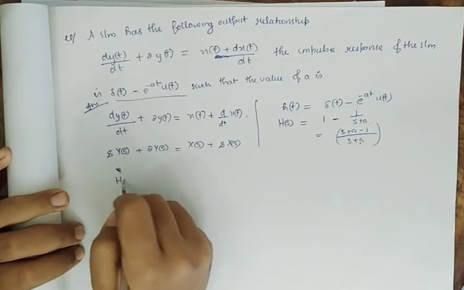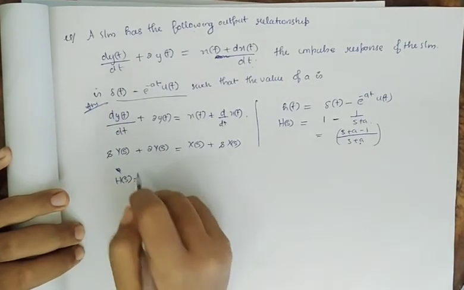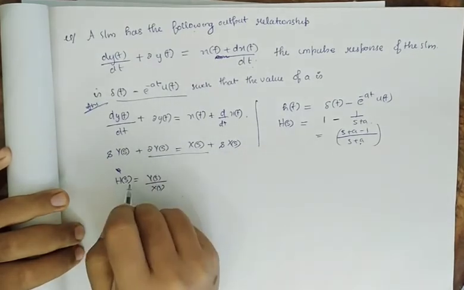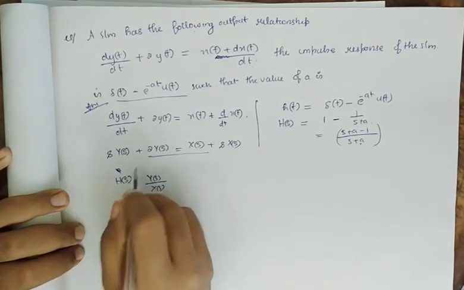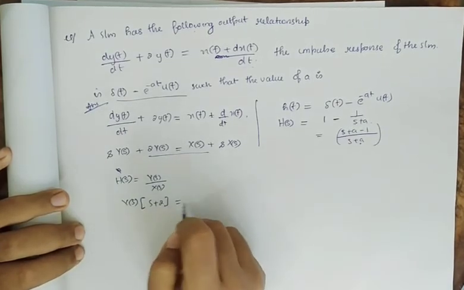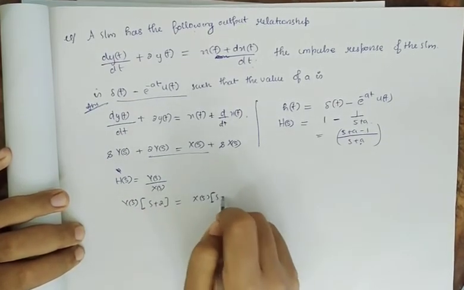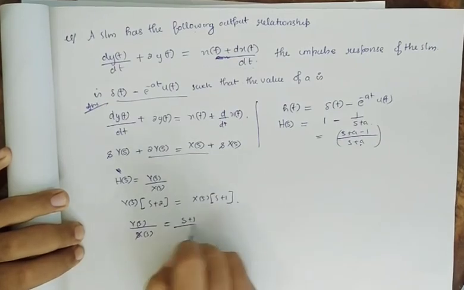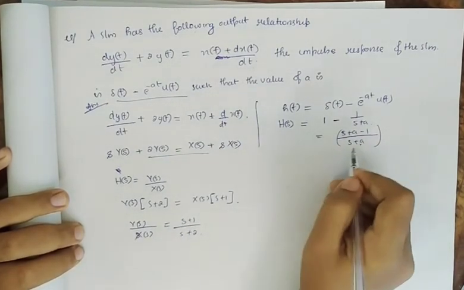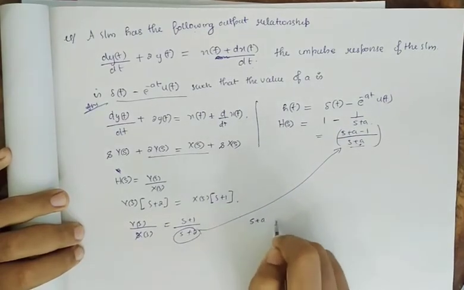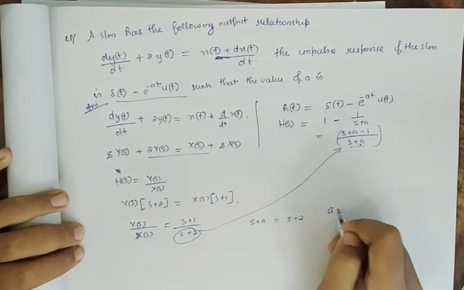The formula is H of s equal to Y of s divided by X of s. From here we will find it out. Taking Y of s outside, we get s plus 2, and taking X of s outside, we get s plus 1, and Y of s divided by X of s will give us s plus 1 divided by s plus 2. Now we will compare these two. That means s plus a equal to s plus 2, that means a equal to